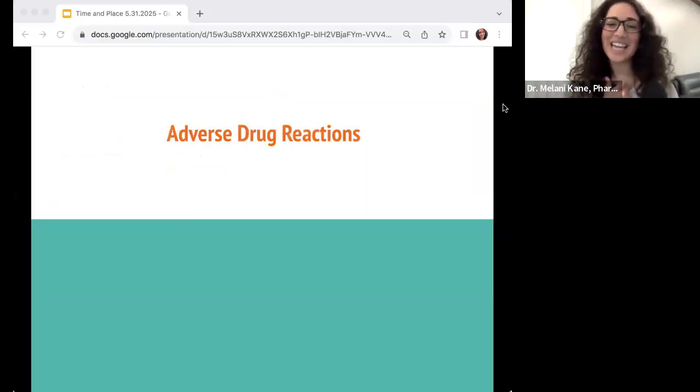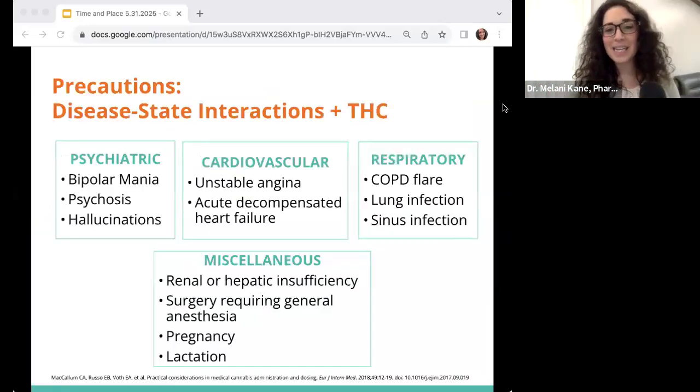So moving on to side effects, adverse drug reactions, we're going to start with disease state precautions. So in summary, I do not recommend starting THC in any patient with unstable cardiac or psychiatric or any condition of the brain, really. I would never go more than a balanced product in a patient that had some psychiatric condition, whether it was a stable diagnosis of bipolar. Same thing with respiratory. I wouldn't recommend any inhalation route. Usually those are temporary. There are some studies that show that THC has a bronchodilatory effect. But again, I'm not going to recommend that when we have an infection on board. It would defeat the purpose.